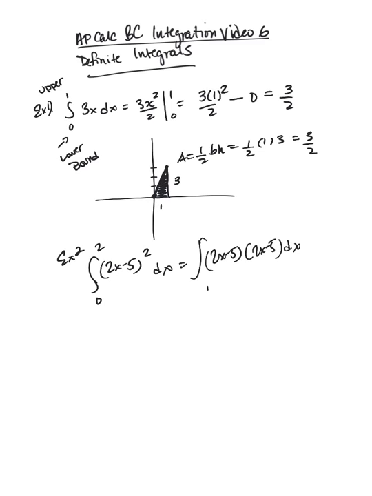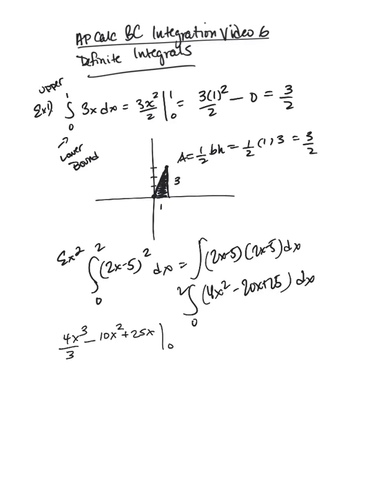As you know, that's 4x squared, minus 10, which is minus 20x, plus 25. I haven't integrated. All I have done is just multiply this out. Now I'm going to integrate: 4x cubed over 3 minus 10x squared. It would normally be over 2, but the 2 cancels with the 20, making that a 10,